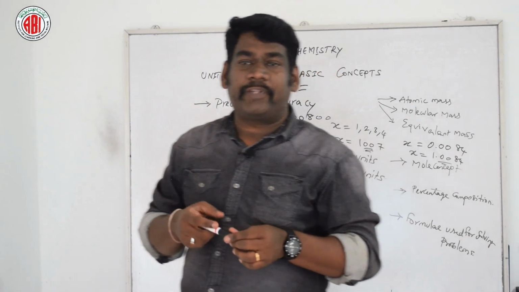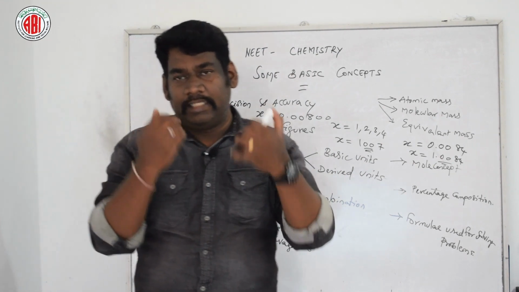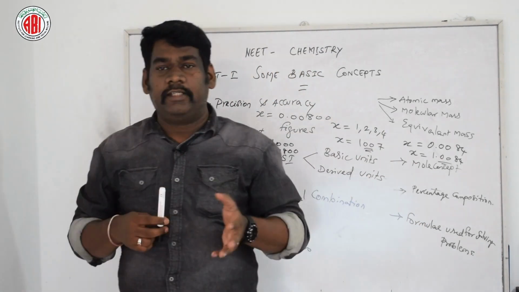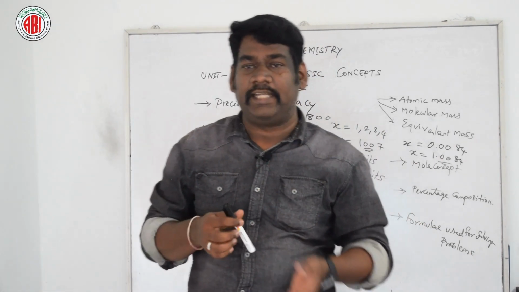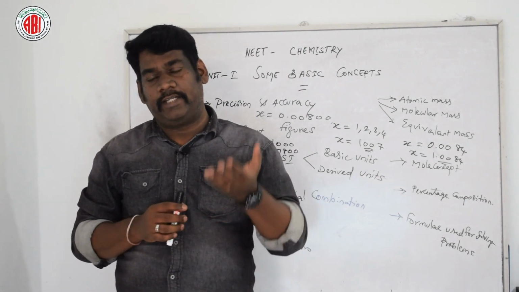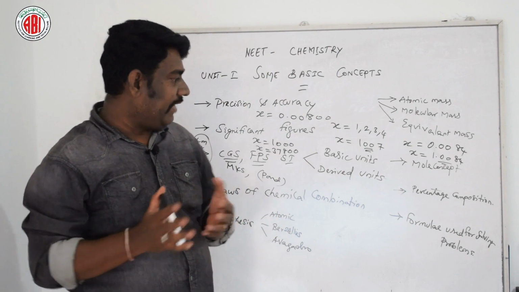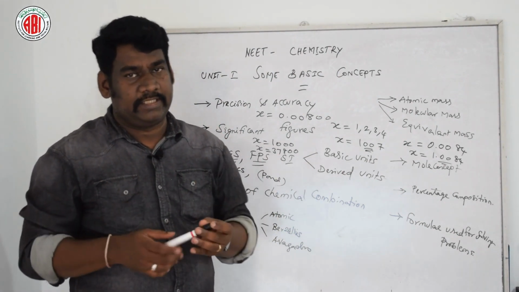Then 1 mole of a substance is n number of molecules present in an element, atom, particle or molecules. Then 1 Angstrom is equal to 10 to the power of minus 10 meter, then nanometer is 10 to the power of minus 9 meter. So these are a few conversion factors. So this table is also very, very important. So just have a look.